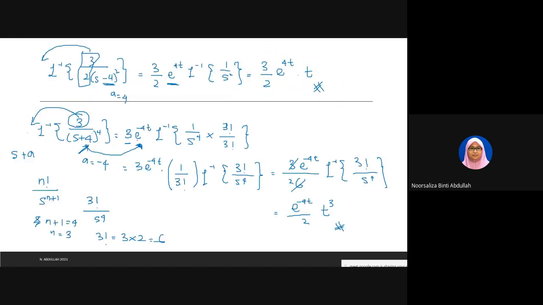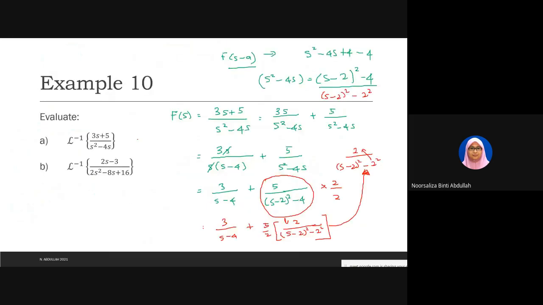So this one will be exponent 4t, and then you get the inverse of 3 over S. Betul? You keluarkan 4 ni kan, pergi dekat sini. Jadi exponent. So you just left 3 over S dekat sini. Okay, and then plus with